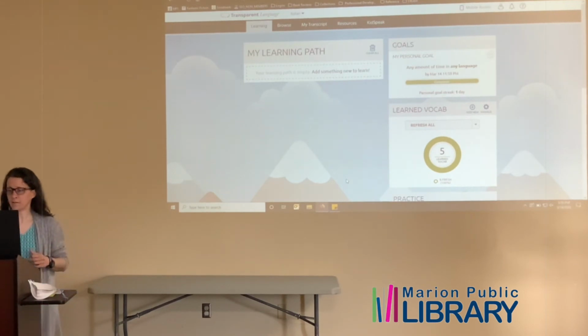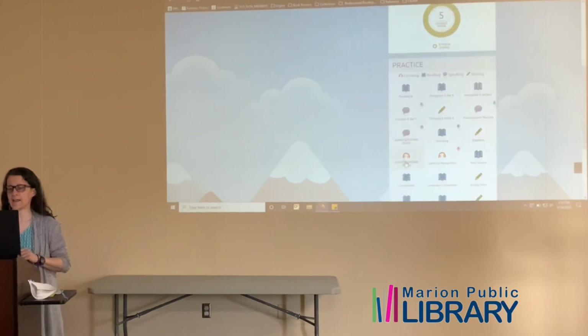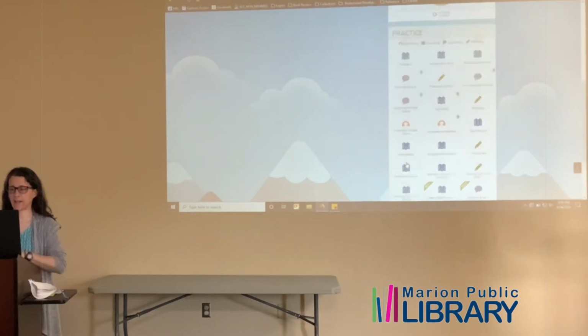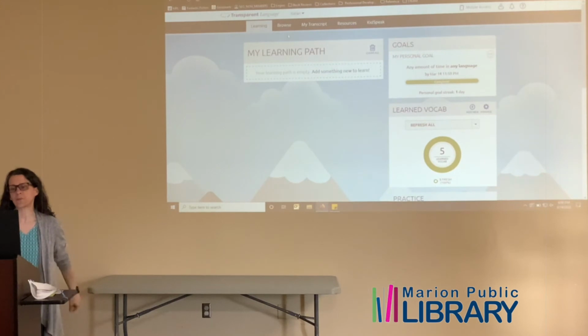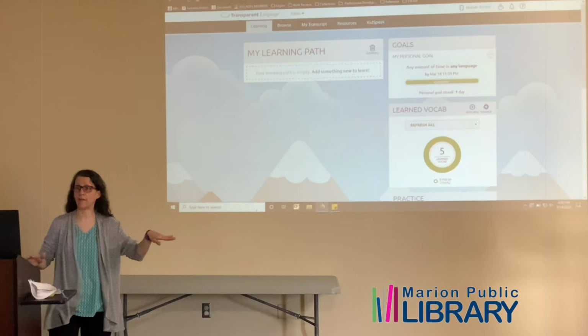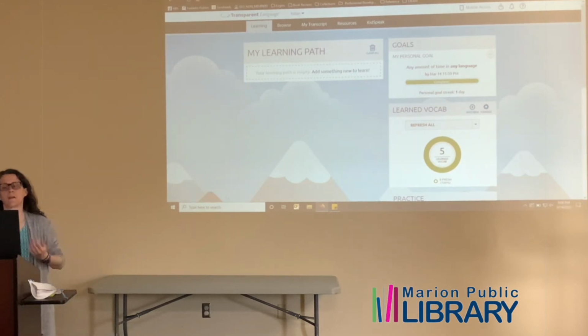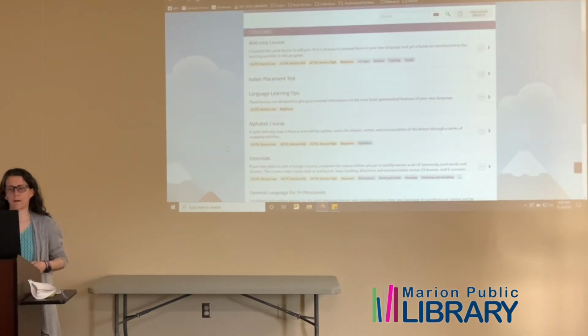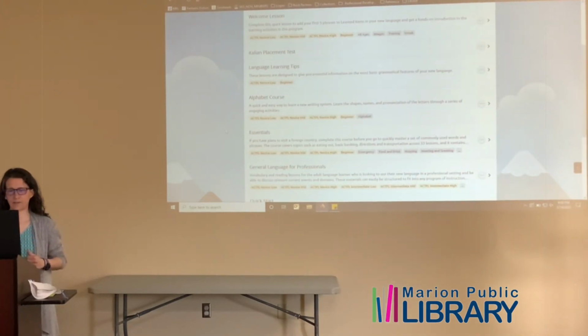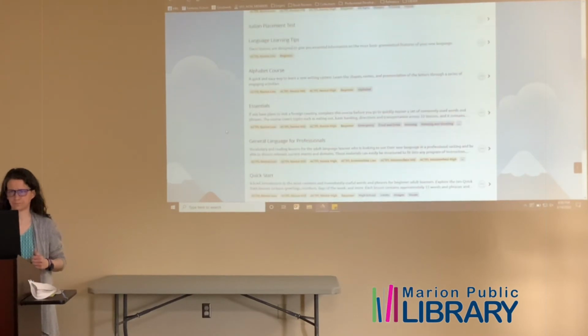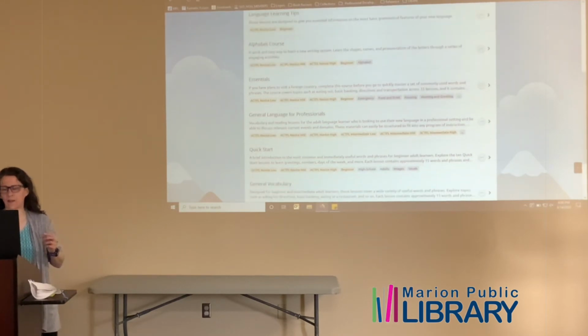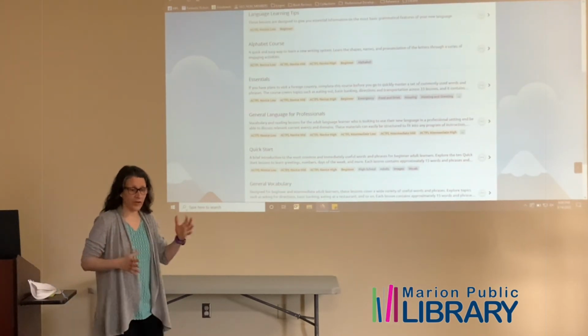I've already done, it's showing me that I've learned 5 vocabulary words today. It's given me a variety of practices that I can choose from, but they also have these really nice learning paths. So basically they're starting out with a skill level and then continuing to build upon that. So I'm going to go ahead and pick a learning path for this. I'm going to go ahead and browse. What is nice about this, so I did the welcome lesson already. I can go and learn about the alphabet, the essentials,